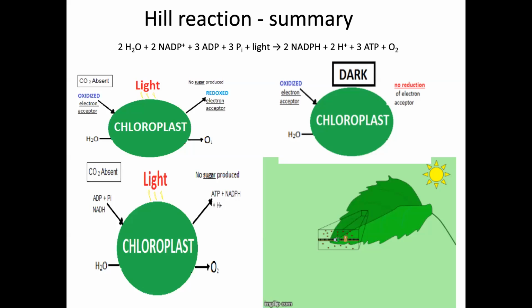Another scientist, Arnon, further studied the biochemistry of the Hill reaction and added that carbon dioxide fixation was independent of light, and he effectively separated the light dependent reaction, which produces ATP, NADPH, protons and oxygen, from the light independent reaction that produces sugar. Thus, we have dealt with the light reaction in detail in this part of photosynthesis. Looking forward to meeting you all with the next part, that is the dark reaction.